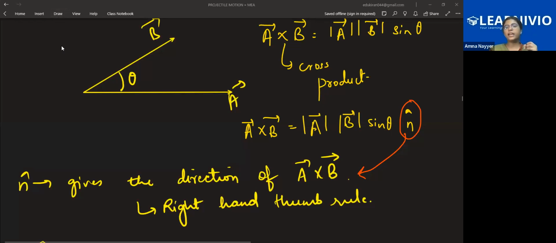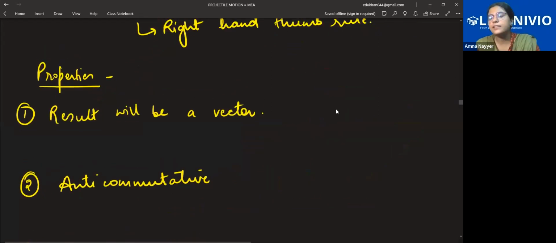Now see, when we are talking about the properties of the cross product, we have also studied the properties of the dot product, right? Some properties are similar here, some are a little different for you to understand, and the rest are very similar to what you've studied. Firstly, the result will be a vector quantity. If two quantities are taken which are forming the product, I'll give you an example, R. This is the radius vector.